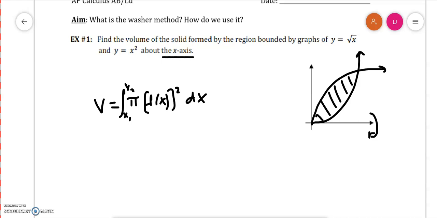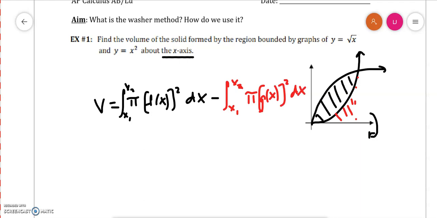Whenever we're revolving around the x-axis, we use dx, we use x's for our limits, etc. But for this volume, we will be subtracting a second volume, the one that leaves this inner space that's going to be empty. So we are subtracting, same limits, which is nice, so x1 to x2 of pi g of x